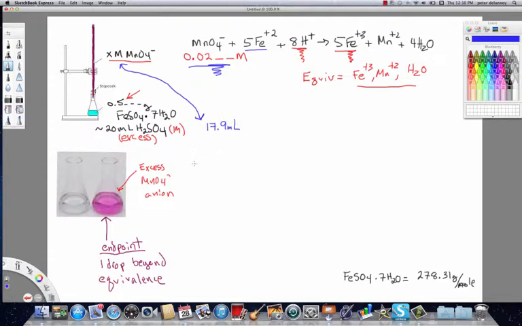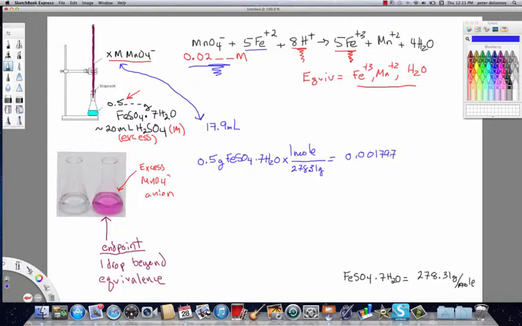We start with the fact that we know the mass of the iron 2 sulfate heptahydrate, and for simplicity's sake, I'm just going to call it half a gram, although when you do this for real, you're going to have 4 decimal places here. So we're going to start with half a gram of FeSO4·7H2O, and we're going to find the moles of this using the unit multiplier method. It's going to be 1 mole over 278.31 grams, the molar mass of this material, and what you should get is a value of 0.001797,